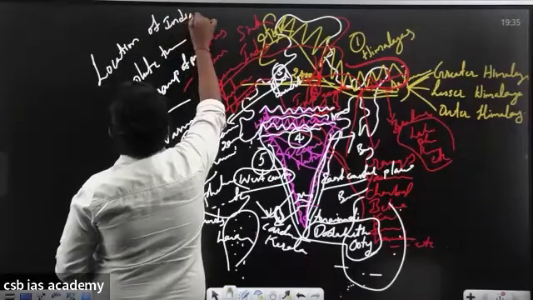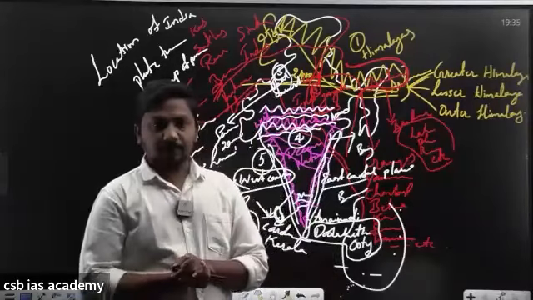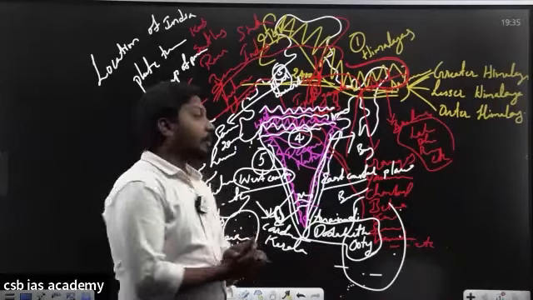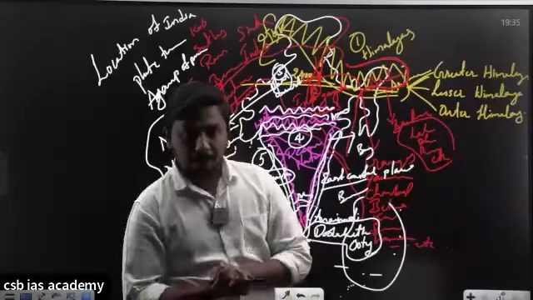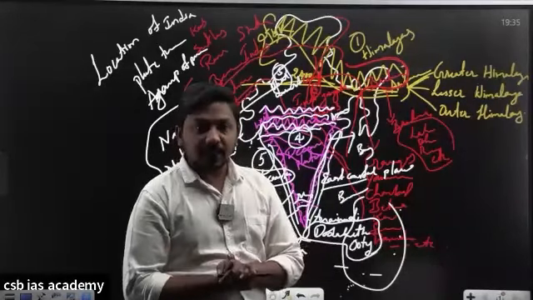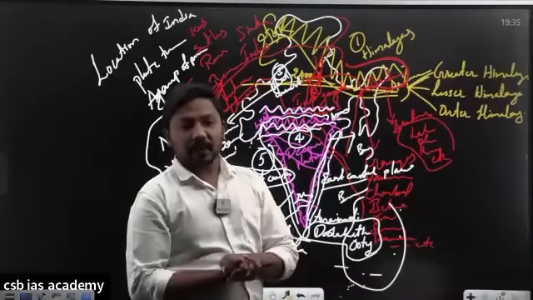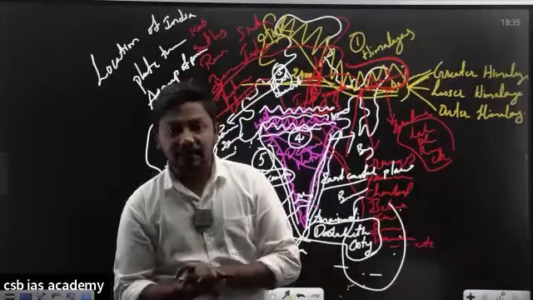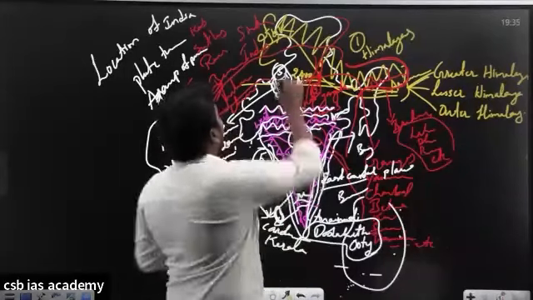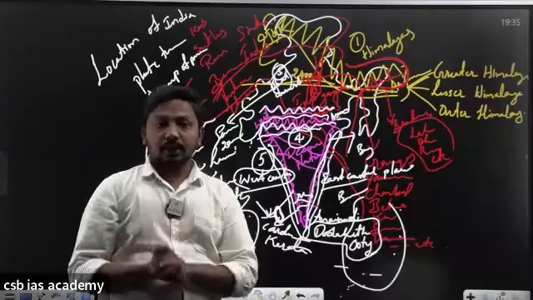Location of India. Where is India located? India is located in the northern hemisphere, right? And the Tropic of Cancer is a latitude which passes through the center of the country, right? And after that, there are a few latitudes along with the Tropic of Cancer, that is 8 degrees 4 minutes latitude and 37 degrees 6 minutes latitude. In between them, India is located.